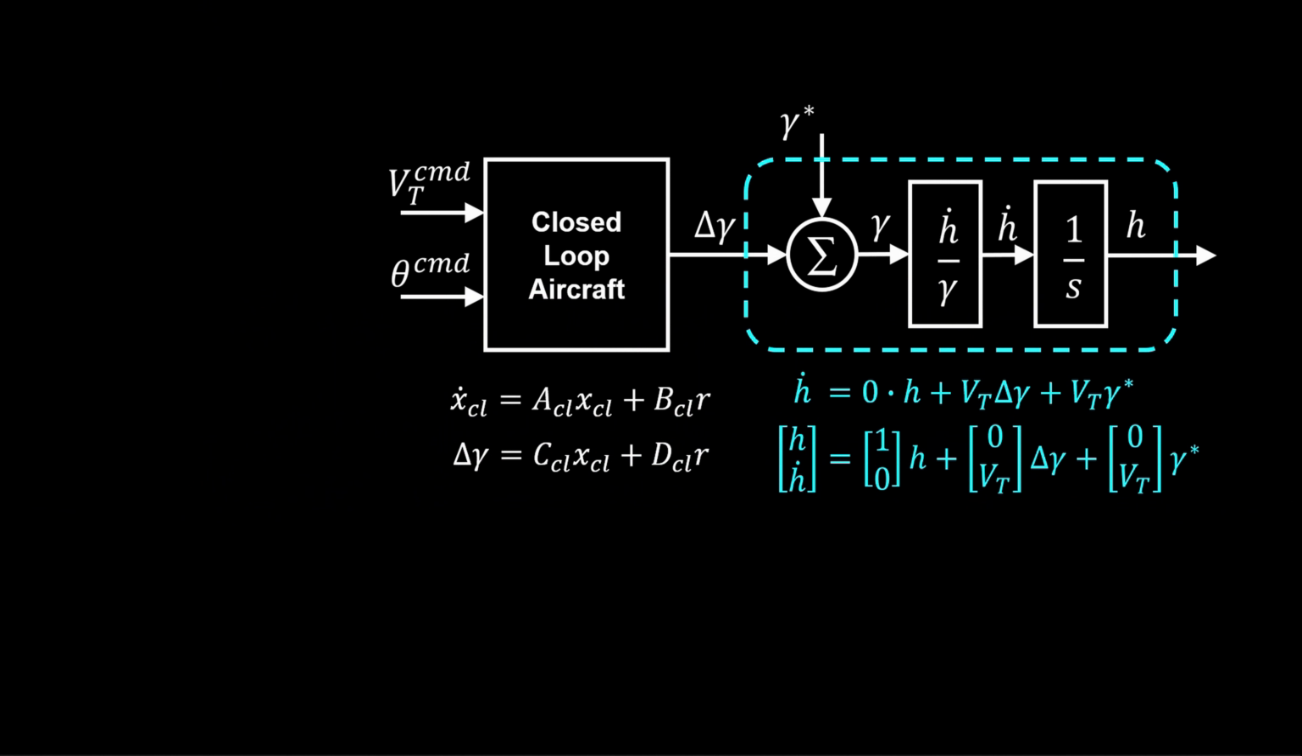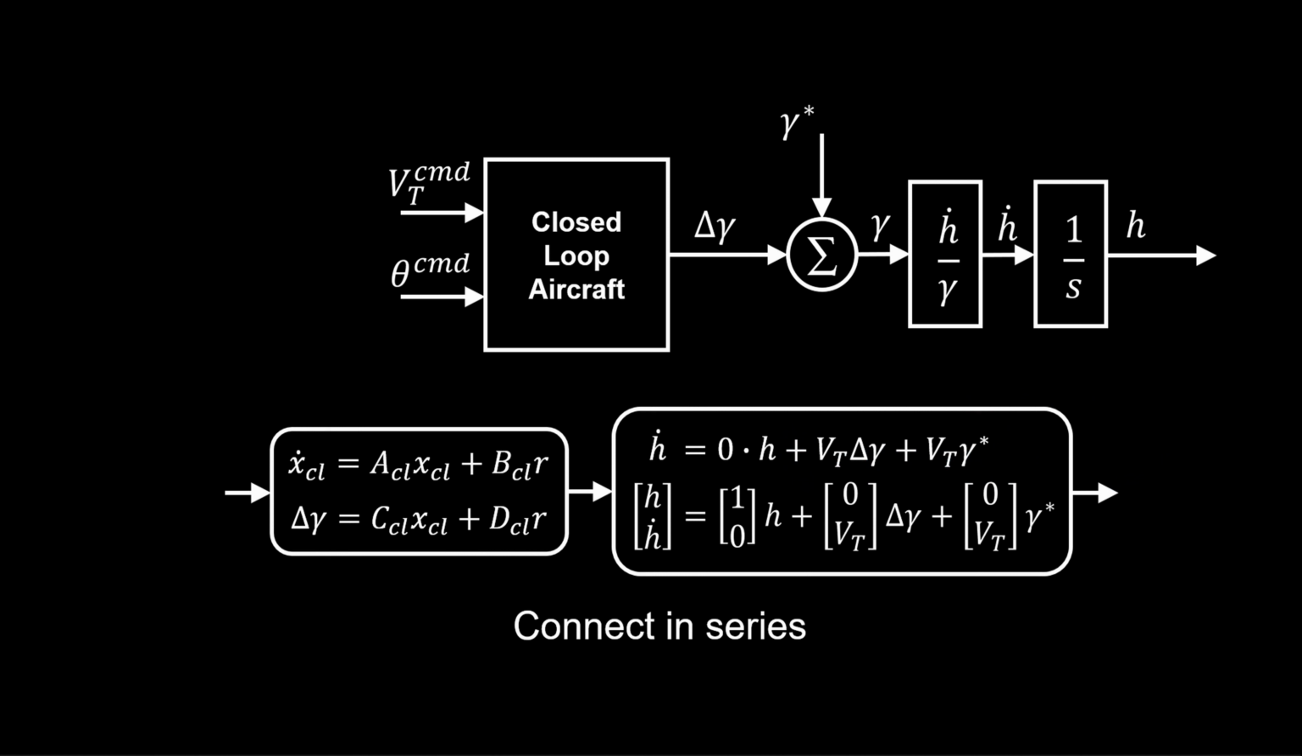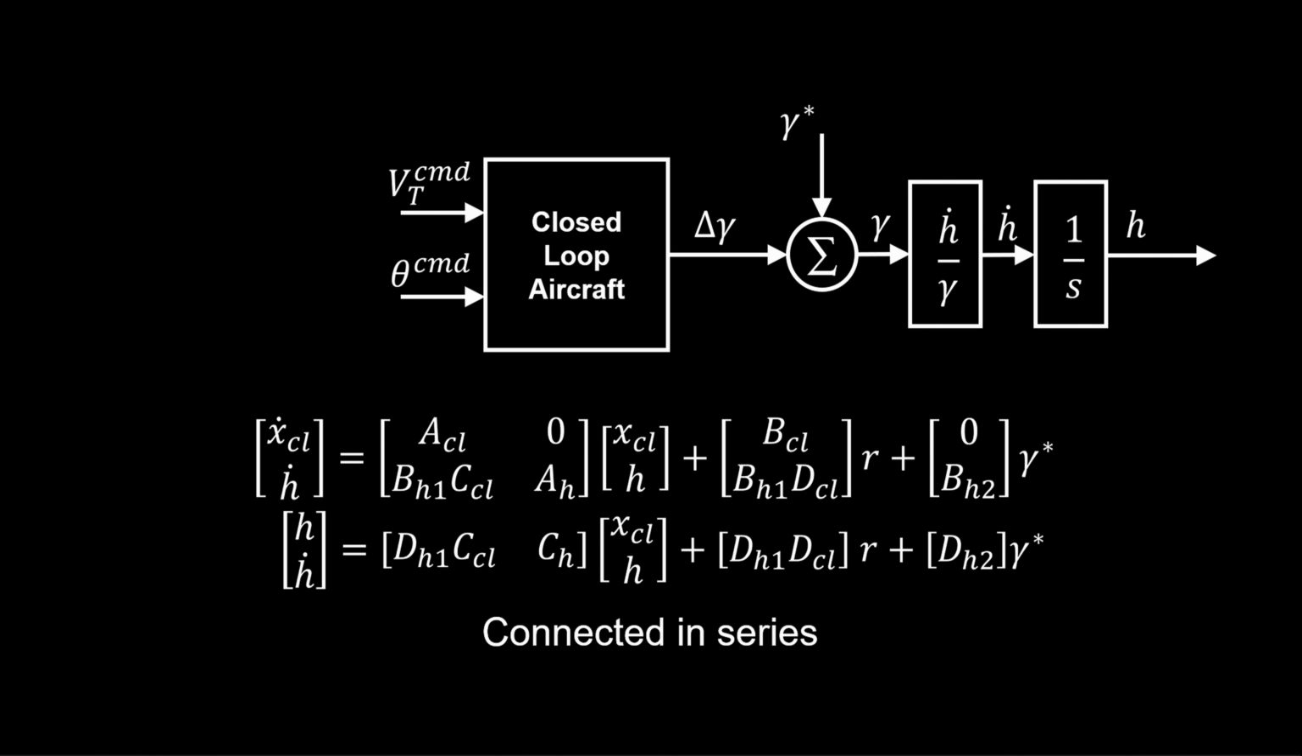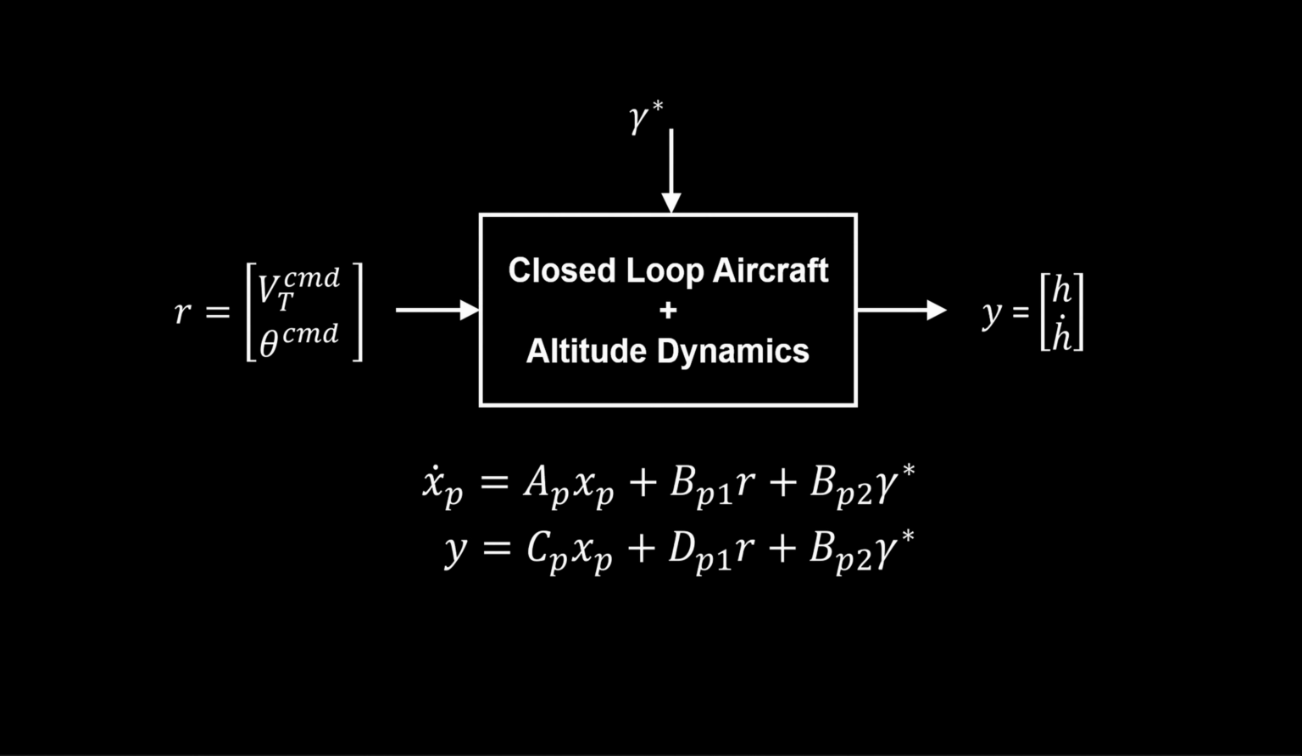From the vantage of the flare path controller, the closed-loop dynamics of the aircraft and the altitude response are altogether the plant or the process to be controlled. To create a single system, we connect in series the closed-loop aircraft dynamics with the altitude model, where we've represented the altitude model in matrix form and now their connection in block matrix form,